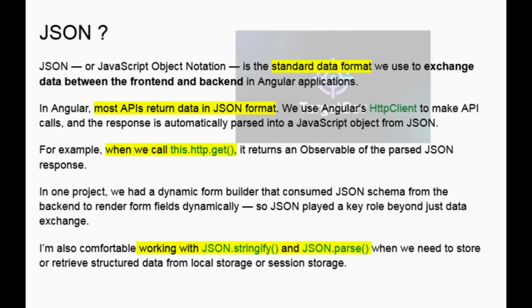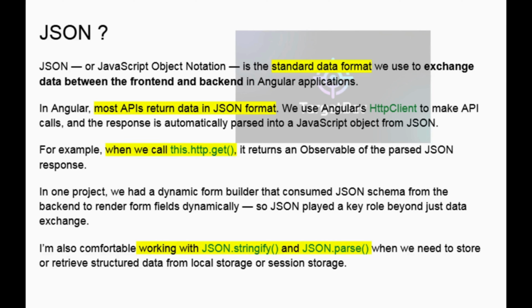What is JSON? JSON, or JavaScript Object Notation, is the standard data format we use to exchange data between the front end and back end in Angular applications. In Angular, most APIs return data in JSON format. We use Angular HTTP client to make API calls, and the response is automatically parsed into a JavaScript object from